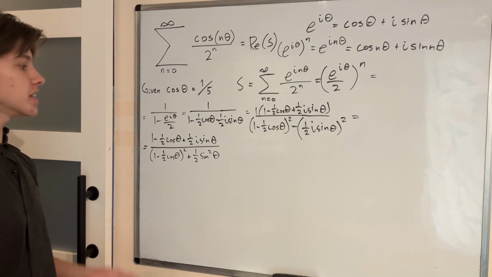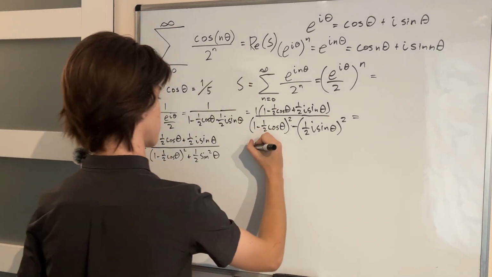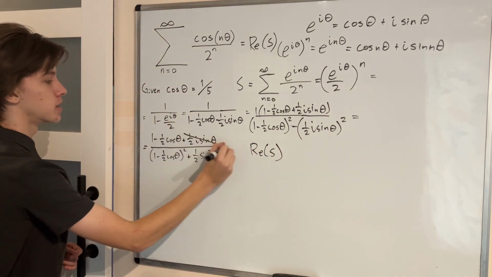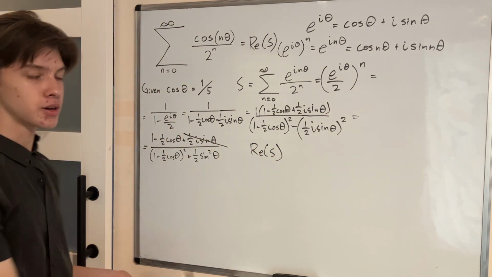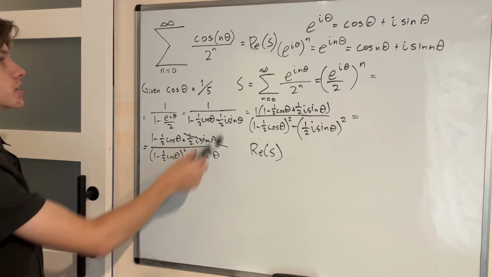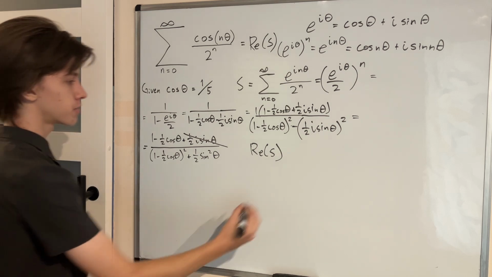Alright, and that is equal to s, and then to find the real part of s is very simple because we can just cut out this imaginary part right here because our denominator is completely real now. So now we can continue to evaluate our sum by taking the real part of this fraction,